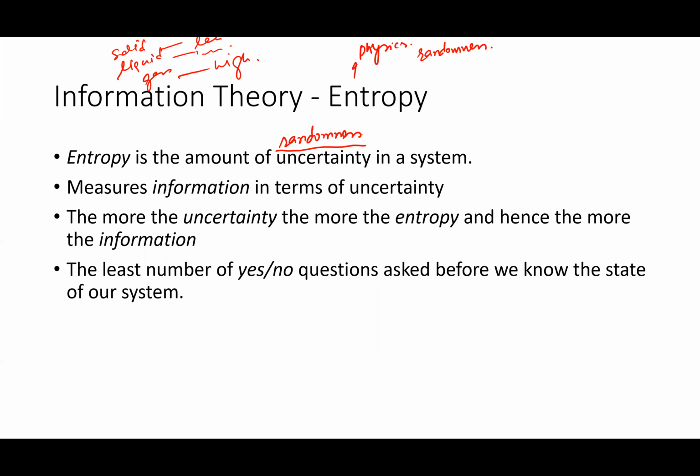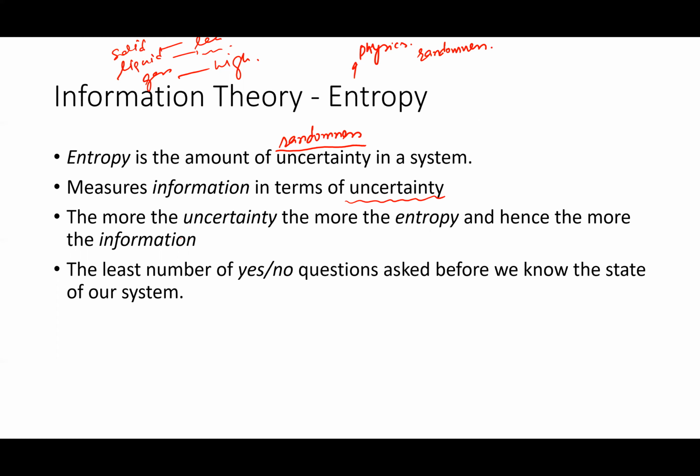Now, entropy helps us understand the information in a particular system in terms of uncertainty. So we understand the uncertainty. From uncertainty, we deduce something called entropy, and from entropy we understand how much information a particular system conveys, or is conveyed from a particular system. These are different ways of looking at it.